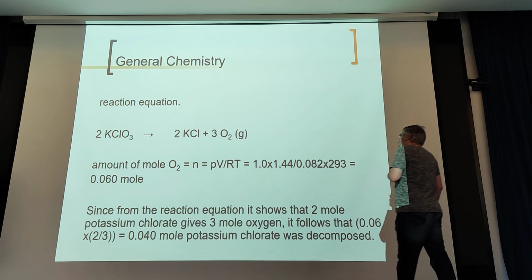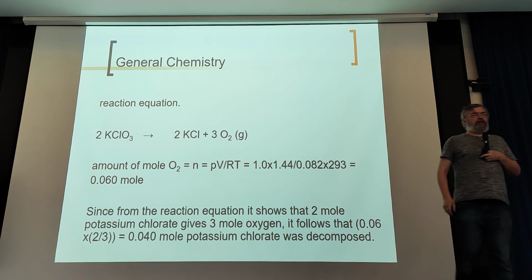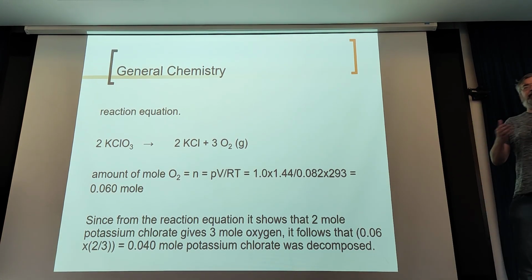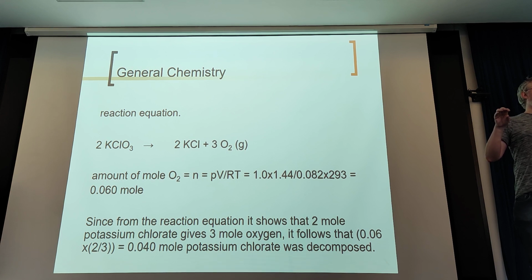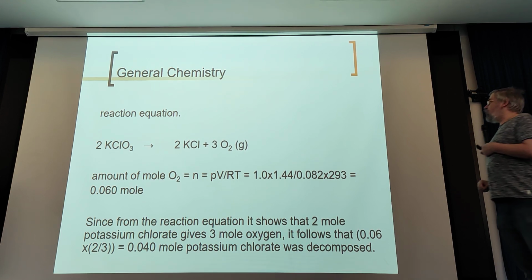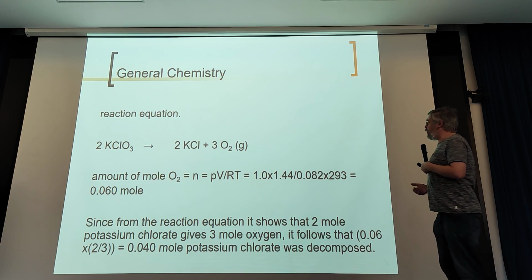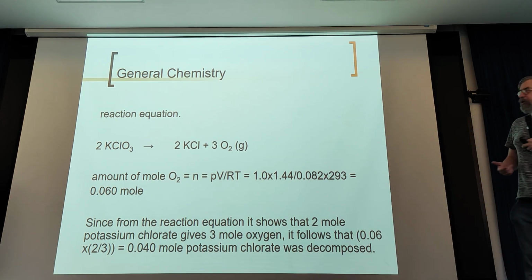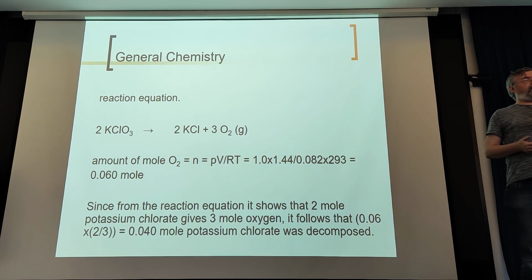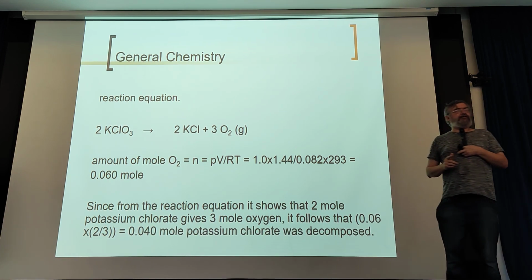Now, the amount of mole of dioxygen we can easily calculate. So we have PV = nRT, and what we need is n, the amount of mole. So n is PV divided by RT. Do we have P? Yes. Pressure is 1 atmosphere. Do we have the volume? Yes, it was given. 1.44 liter. R is an atmosphere calculation, so